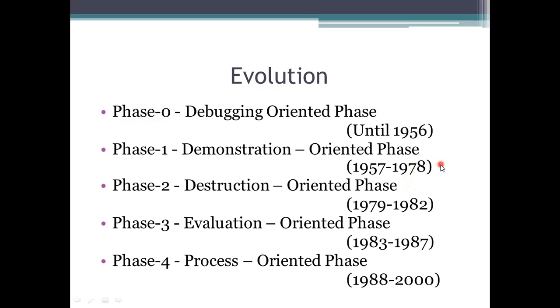The destruction phase. What they are specifying here is that if any software you are using is taken into this testing, what it has to do is completely prove that the software is not working. It means if anything goes to the testing phase, it indicates it is a failure, a failed one. So why are they declaring this? In the previous phase, they said that if anything goes through the testing, it is a completely working one. And what's happening is that it is not working when they release it into the market.